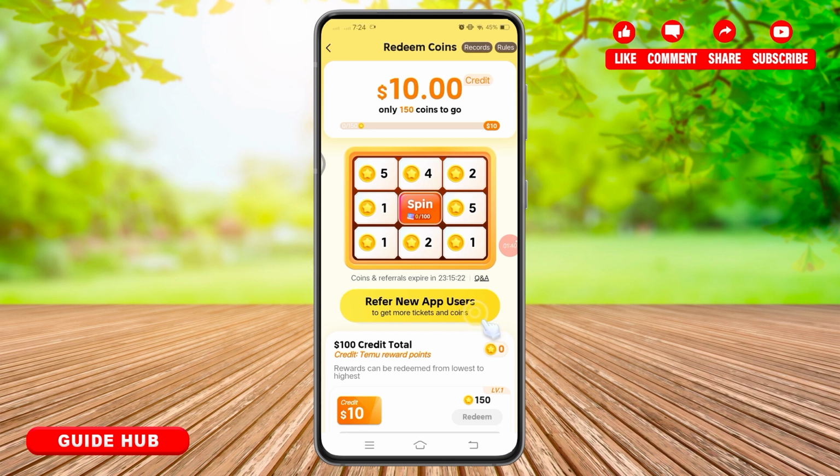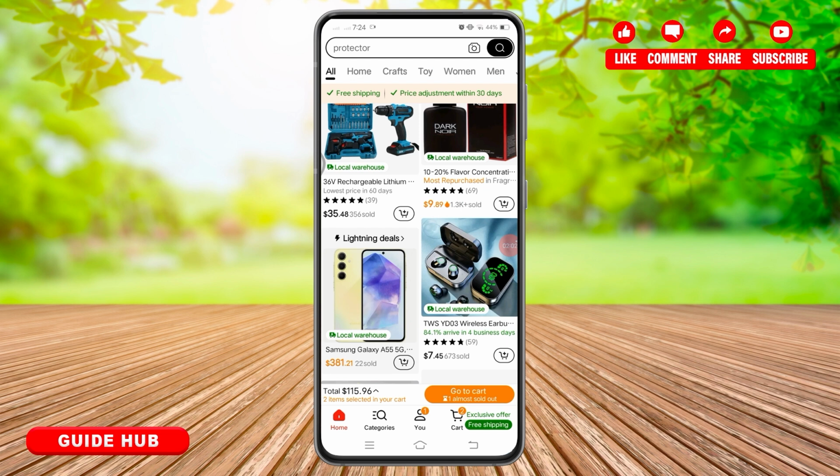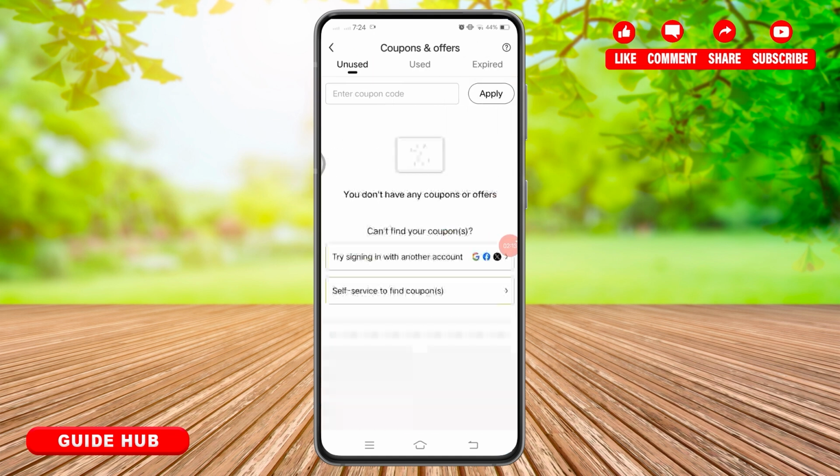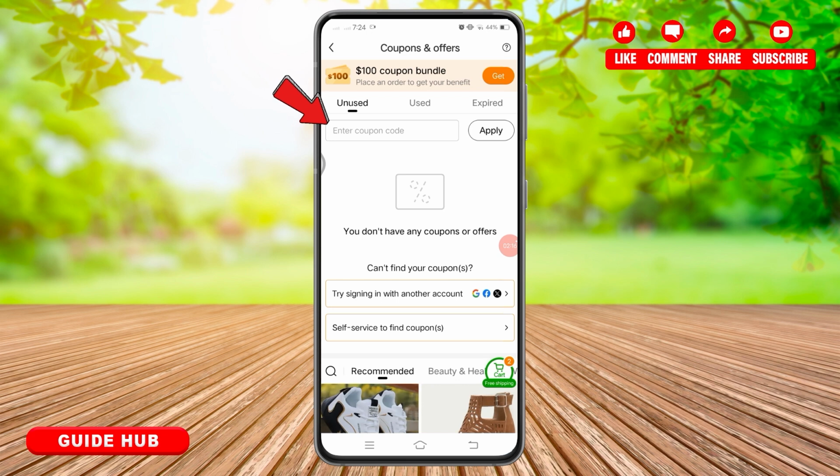When you sign up as a new user on Temu, you often get access to coupons, welcome gifts, and sometimes even cash bonuses. You can redeem the free gift code and enjoy a discount on your first purchase. For that, you need to tap on this profile icon from the home page and from there select Coupons and Offers. Once you do that, here you will find the box where you will need to enter the gift card